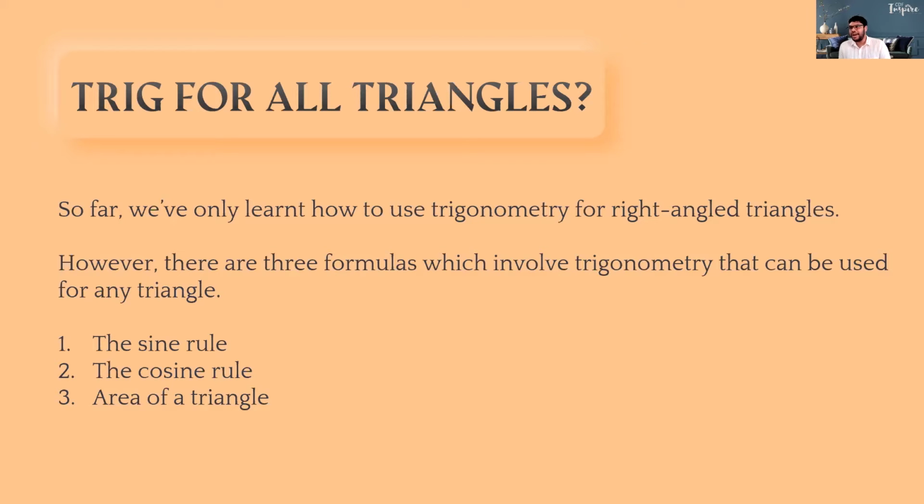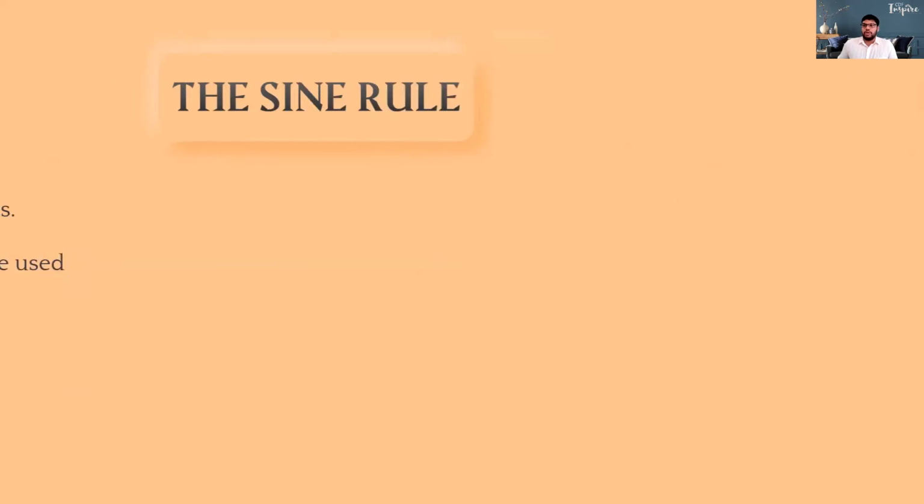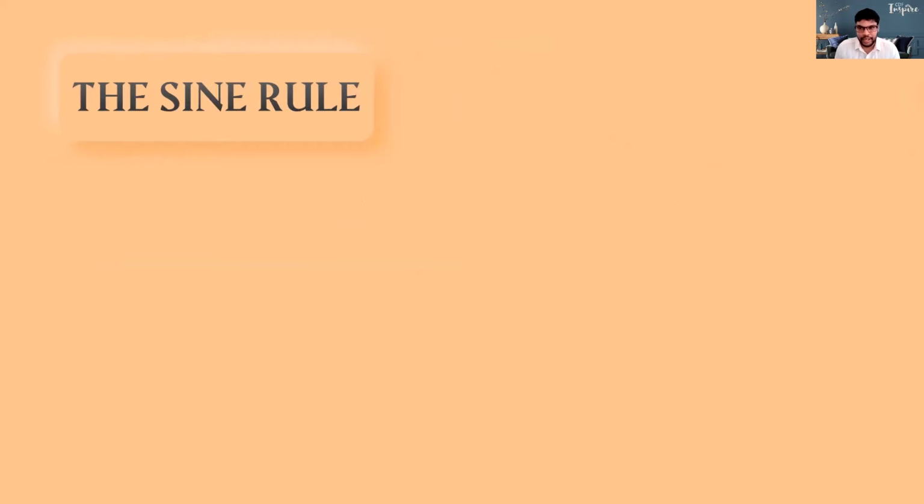All right. You also know, as one student said, those are ratios that we learned. For the right angle triangle, we used ratios. That means we wrote opposite over hypotenuse. Like that, we wrote ratios. But here you are going to use the sine rule, cosine rule, and the area of triangles as formulas. They are coming as formulas. That is absolutely correct. So remember, children, those are ratios. These are formulas, right? So without further ado, let's go to the sine rule.